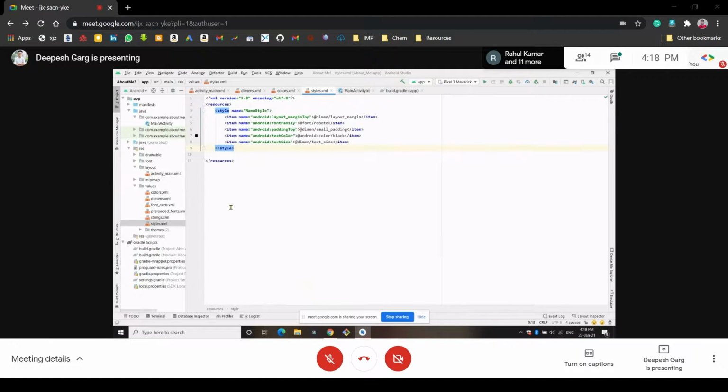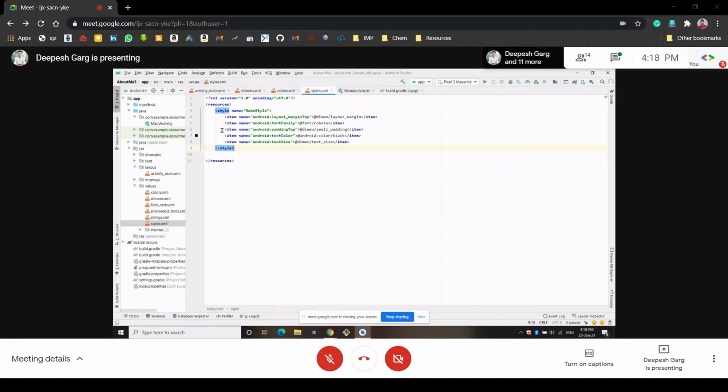We want to change the font size of that text, change the color of that text, and set some layout margin also. So I created one styles.xml file so that the text should be visible in a cool manner. Not just anything we have written, but it should look cool.